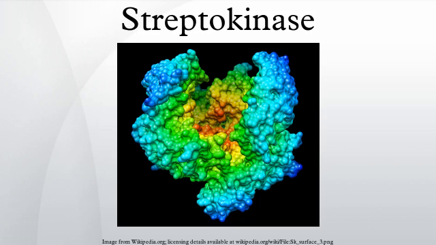Streptokinase is an enzyme secreted by several species of streptococci that can bind and activate human plasminogen. SK is used as an effective and inexpensive thrombolysis medication in some cases of myocardial infarction and pulmonary embolism. Streptokinase belongs to a group of medications known as fibrinolytics, and complexes of streptokinase with human plasminogen can hydrolytically activate